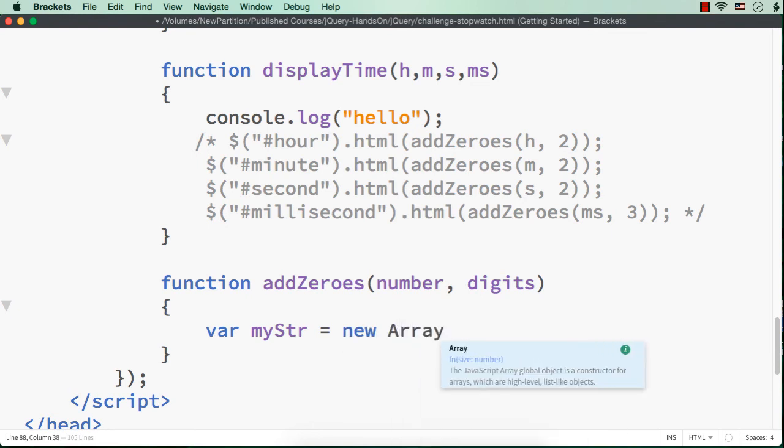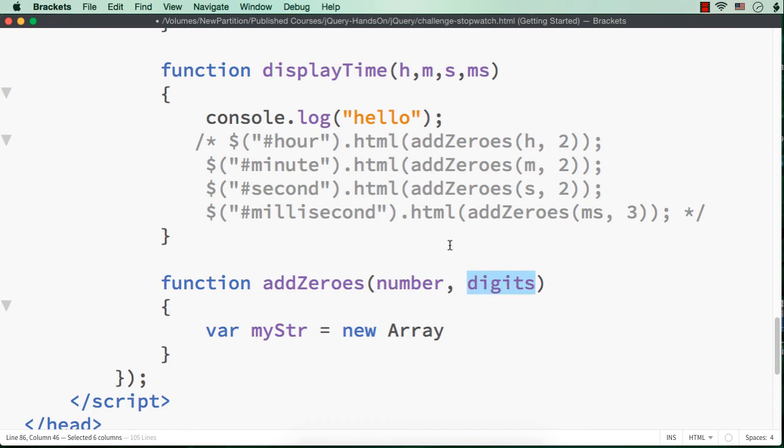So if we want to have 2 zeros or 3 zeros, then how should we specify it? The length of the array should be 4, right? So how can we get the number of zeros we need to add? If we subtract the length of this value from this, we will get the number of digits we need to append or add.